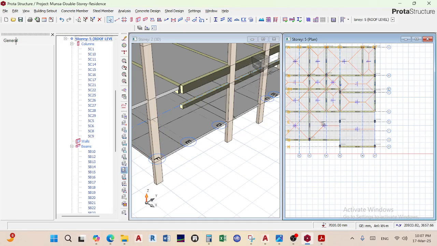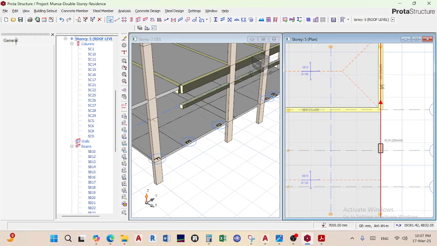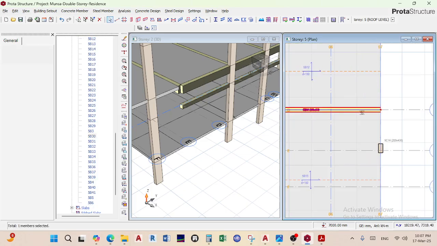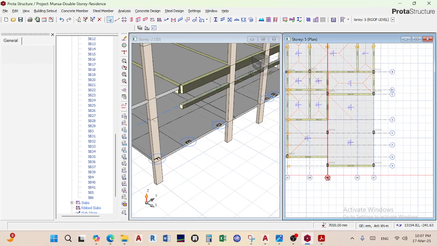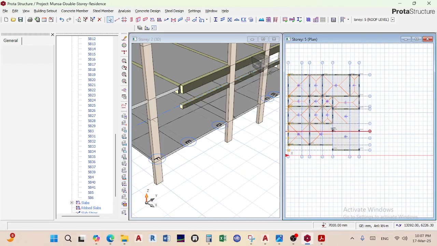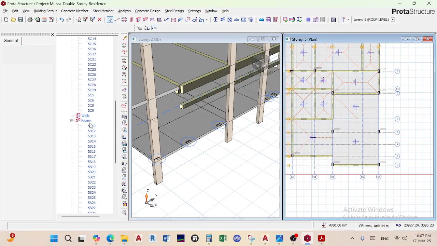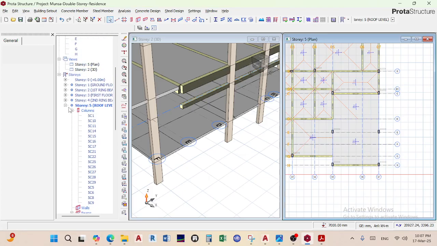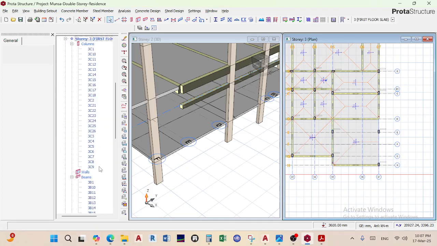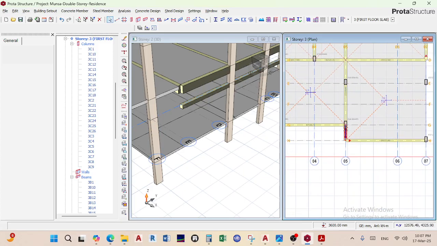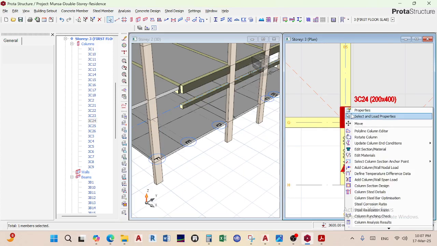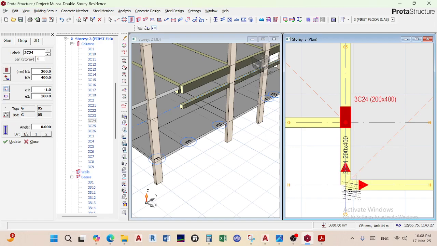Let me go back here, I'll delete this one and this one. You'll have to change. Okay. And then I've done the fourth. I'll go to the first floor. I'll select the properties of this one, put it there,